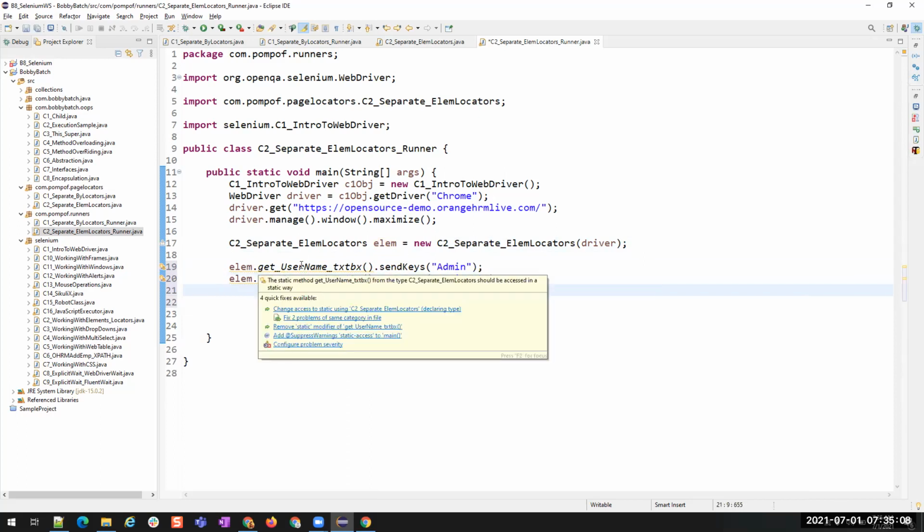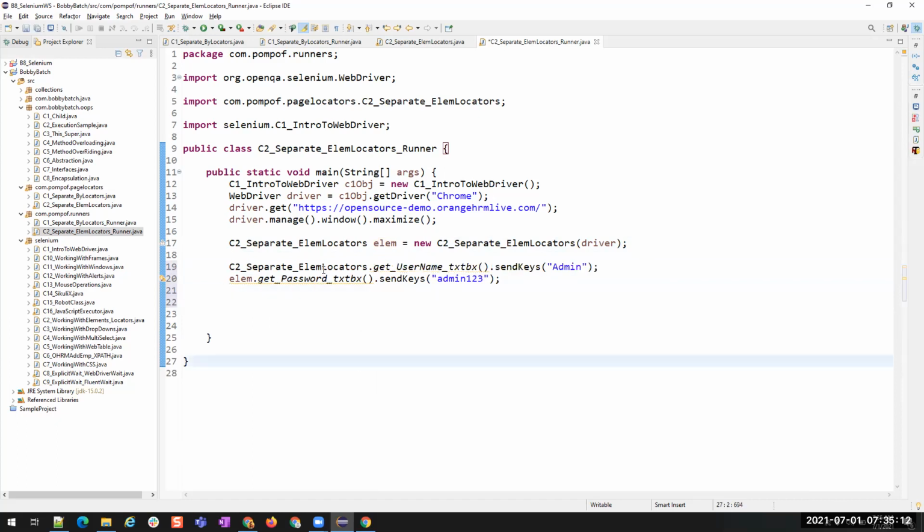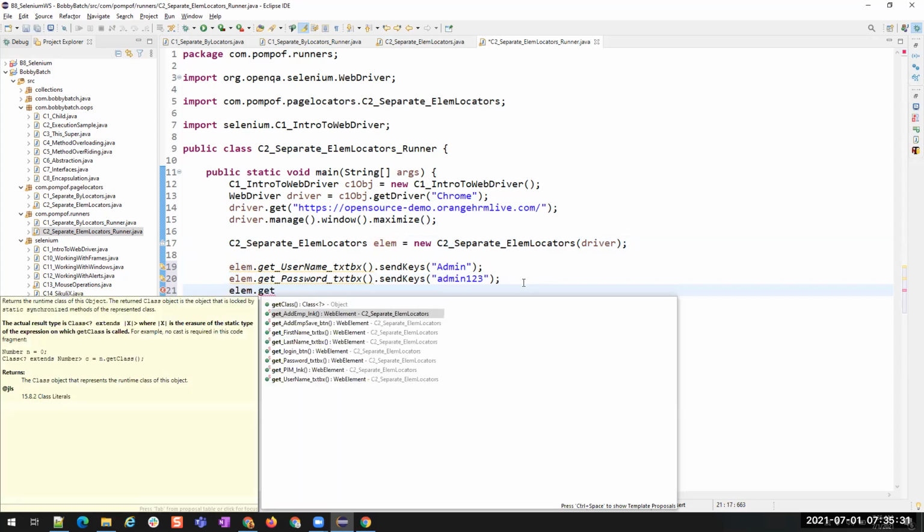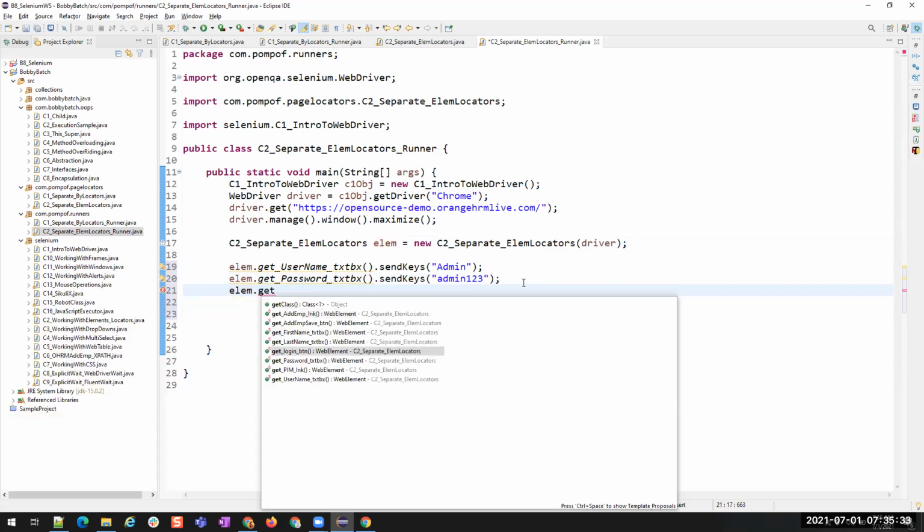These are all static, so you can simply use this at class level using the class name. You can use it. That's okay. Let the warnings be, no problem. Element dot get login button dot click.